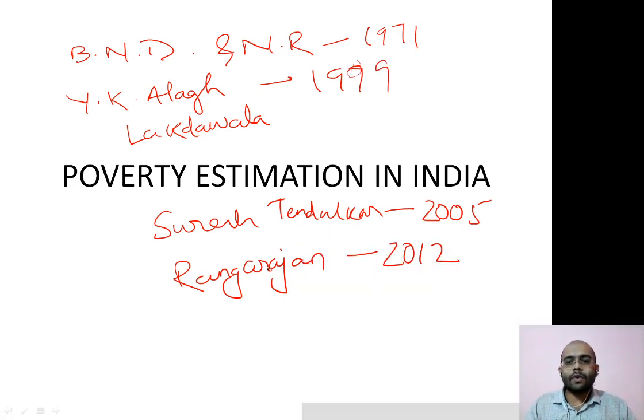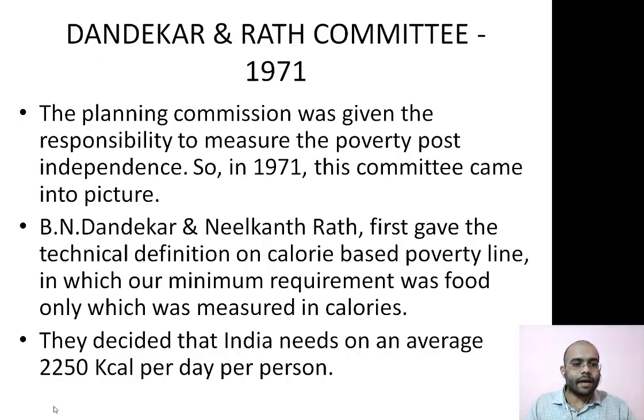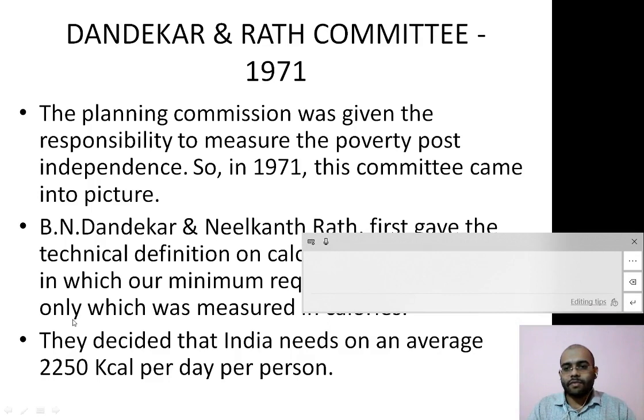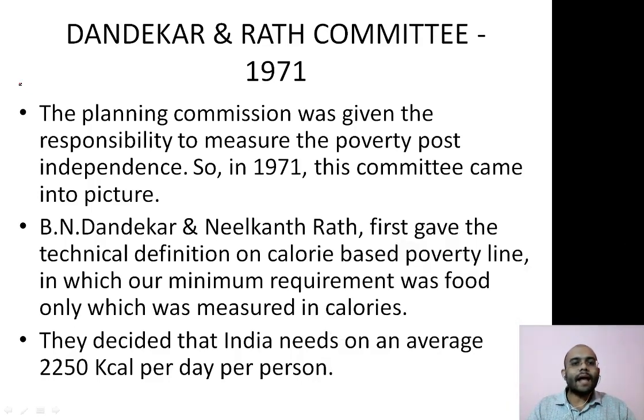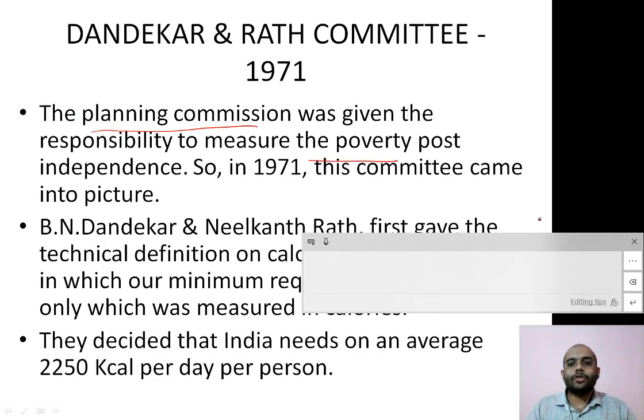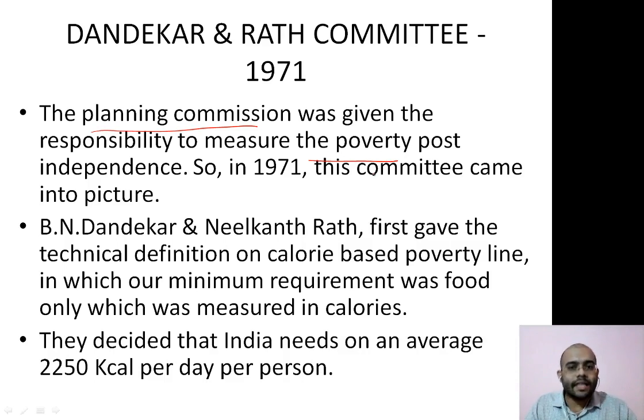So now let's take a look into all these poverty estimations in India. Dandekar and Rath Committee of 1971. The Planning Commission was given the responsibility to measure poverty post-independence. So in 1971, the Planning Commission came in with the B.N. Dandekar and Nilkant Rath Committee. B.N. Dandekar and Nilkant Rath first gave the technical definition of a calorie-based poverty line, in which our minimum requirement